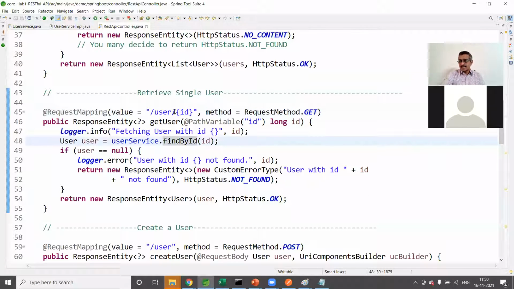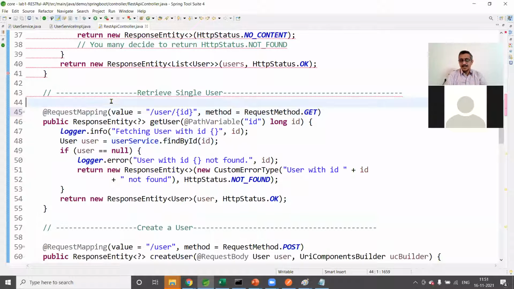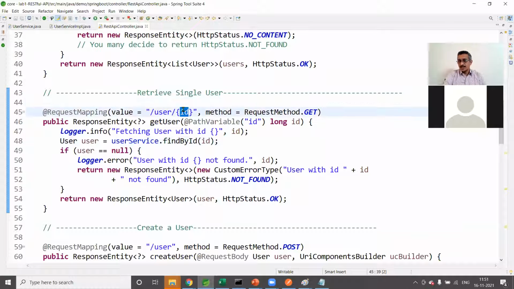Now, whatever we pass as /ID here, so /user/ID we are passing, that comes as a path variable. That means in real time, we say /user/101, for example. We are passing the user ID. That 101 we are storing as a path variable, into this ID, long ID. This is very important. There is a path variable, and there are request parameters. Request parameters always come with a question mark. So whatever ID you are sending, we are storing here.